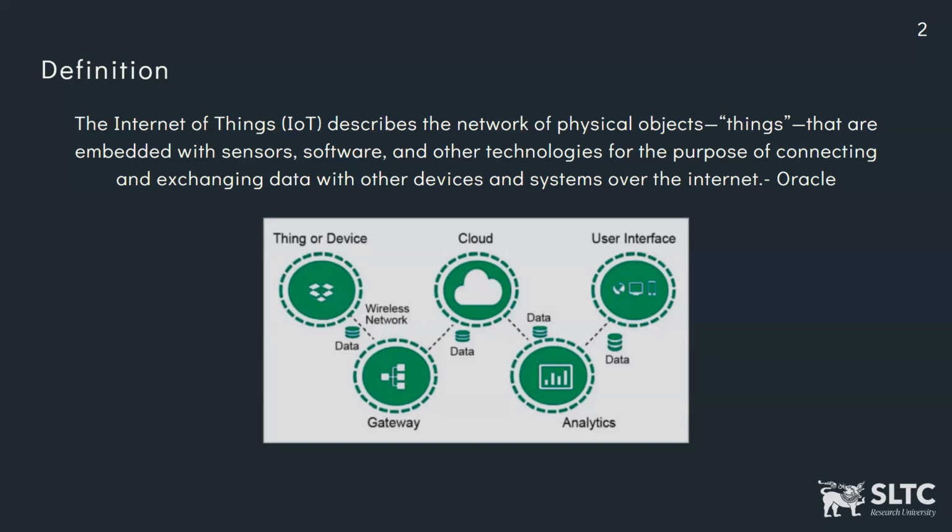So in an Internet of Things network, we basically have several components, like the device, or the thing, we call it. And then we have a gateway where we send our data to get collected in one place. So it could be a local server which has a connection to the internet, right? So this gateway is a local server connected to the internet, and it sends its data to the cloud. And then from the cloud, the data is stored in a certain database, and that database